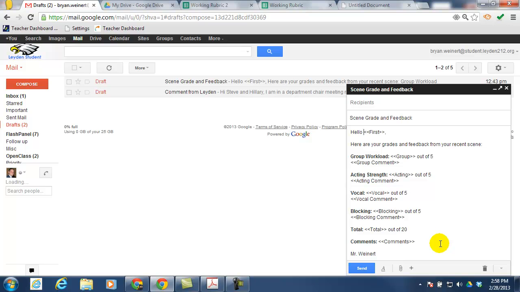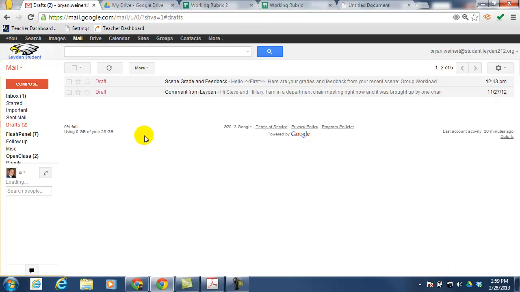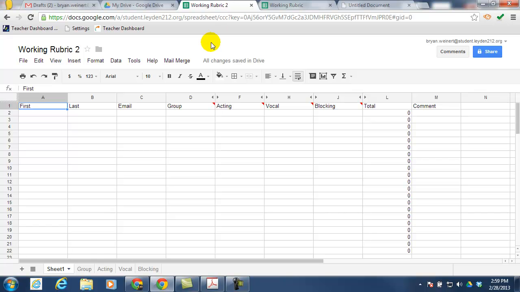You could even, if you chose to, add an attachment to this email that would be saved. Maybe the original rubric that you passed out to your students. Once you have this template defined, just close it and save it, which will then keep it in your draft section of your inbox. Then, when you go back to your spreadsheet and you're ready to start sending emails to your students, all you need to do,